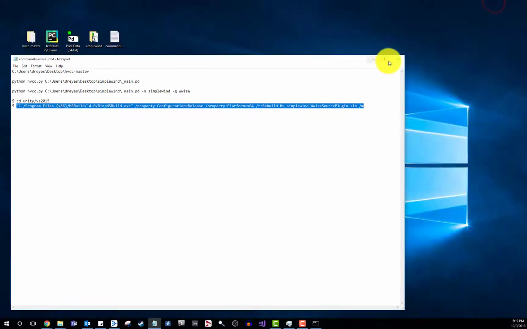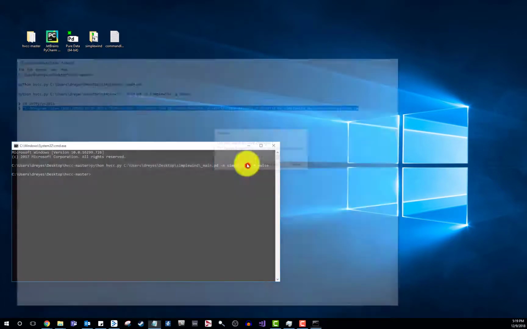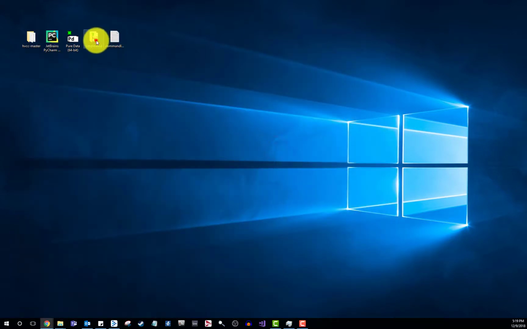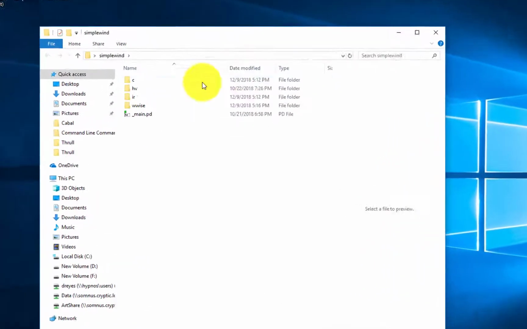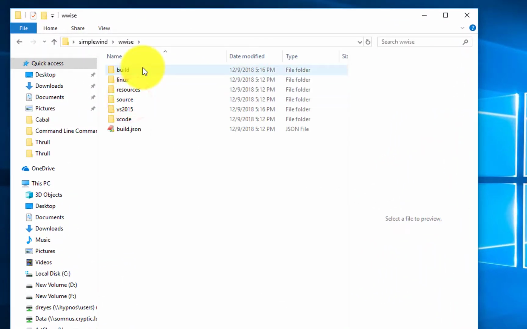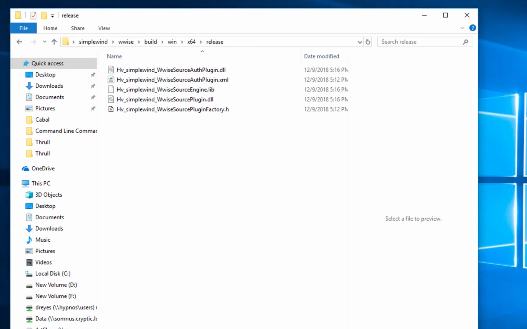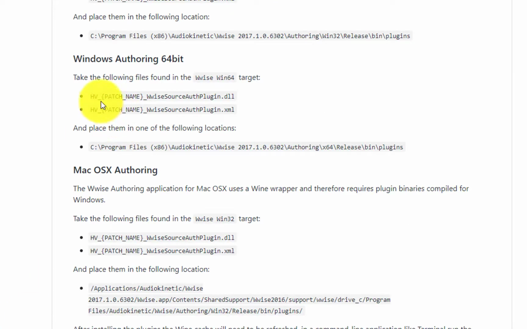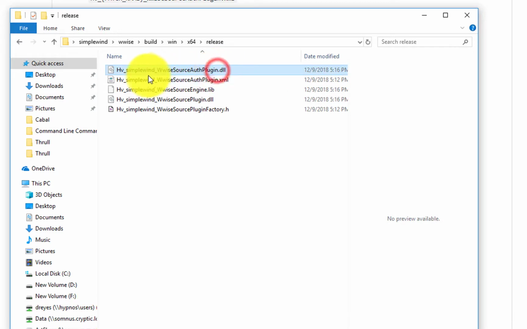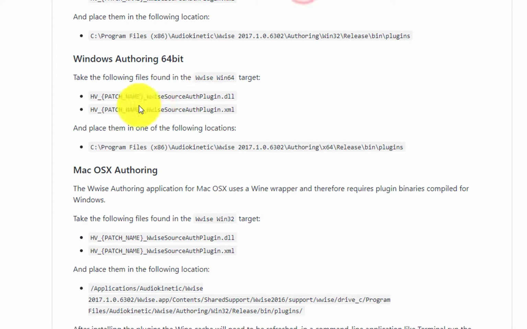Well, we come in here. Let's see, I'm just going to save this. I'm going to get rid of this. Come into our Simple Wind folder, and we go into our Wwise folder, and we go to build Win x64. This is our target, right? Under release, let's see, it's asking for HV patch name Wwise source authoring plugin, the DLL and the XML. So here we have the two files that it's talking about,